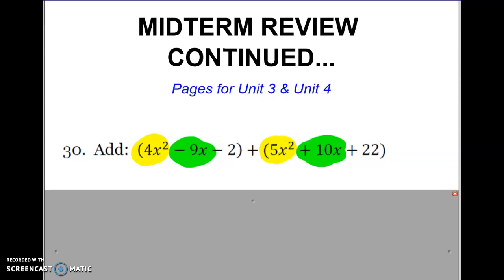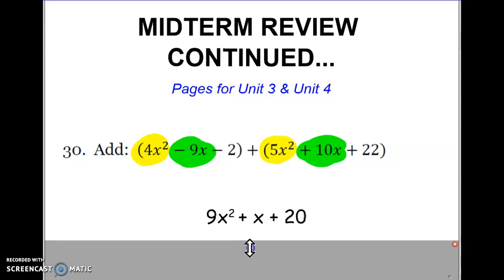So I started with my squared terms. Now I'm looking at those x to the first power or just x terms, and then I would have those constants at the end as well. So when you get everything combined correctly, the final answer to number 30 should be 9x squared plus x plus